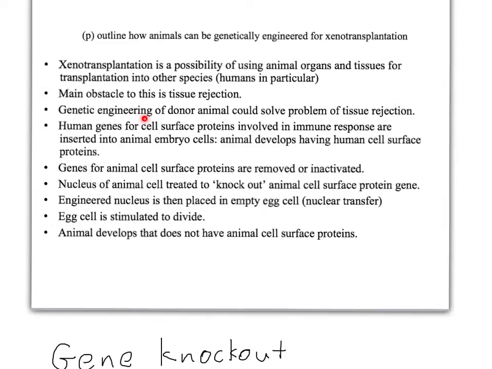Okay, so there's two things that happen here. First of all, we can insert human genes for cell surface proteins, okay, and similarly we can inactivate or get rid of the genes which would make the pig antigens. Okay, so if I try and represent all of that diagrammatically below,